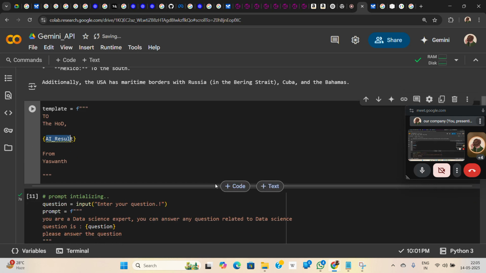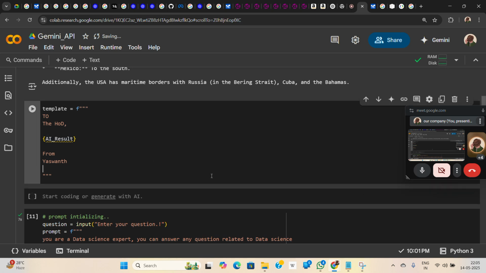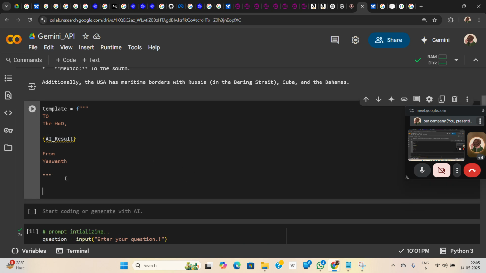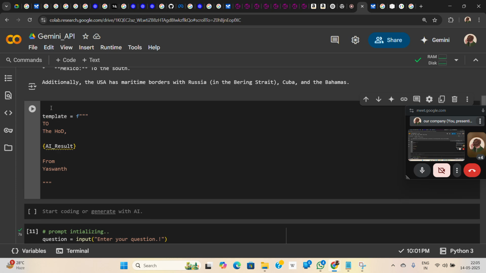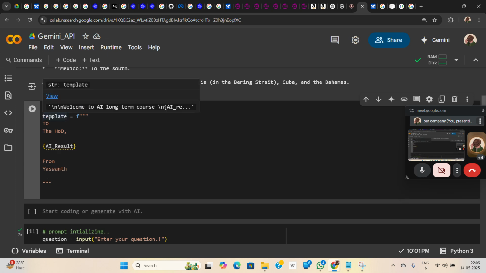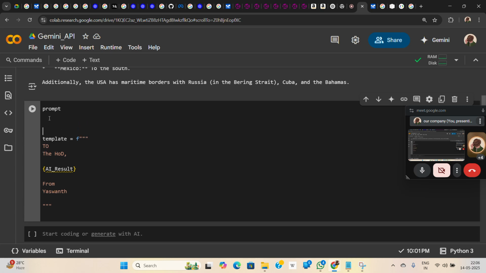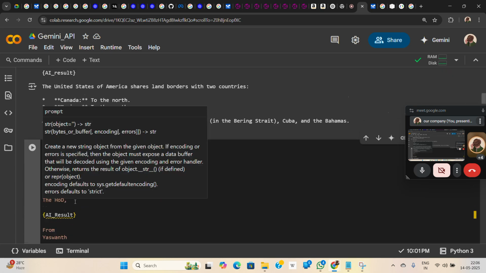So now I want my AI to respond based on the question, or else the subject, sorry, not subject, body of the letter. I want my AI to replace the body of the letter based on the input. Got it? Yeah, got it. So now what you can do is, you can mention that prompt first. Prompt is equal to,